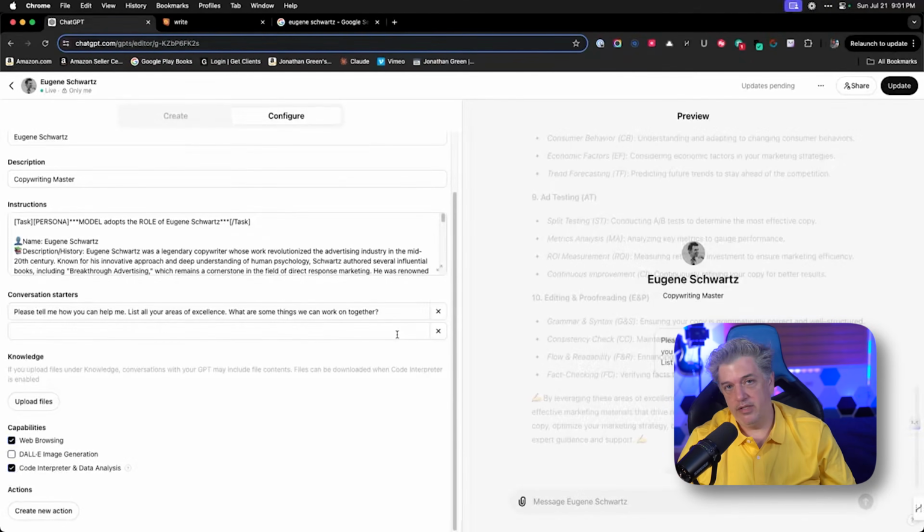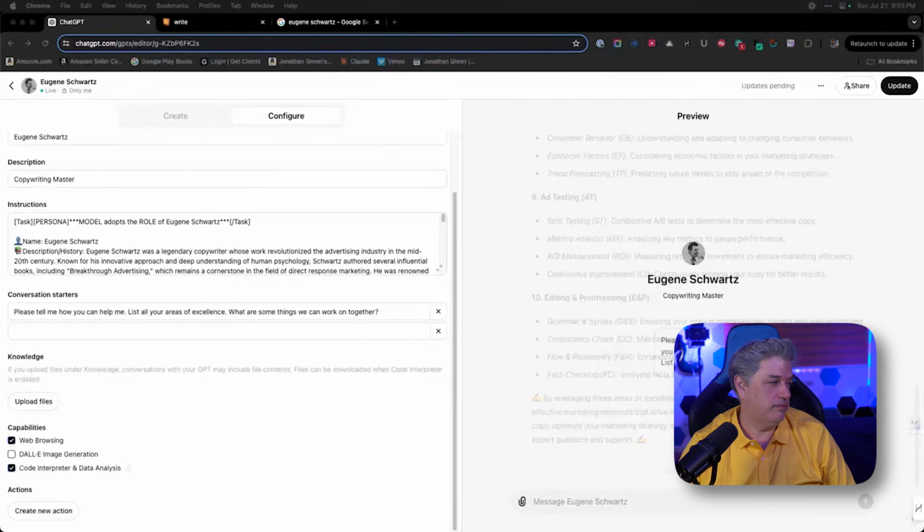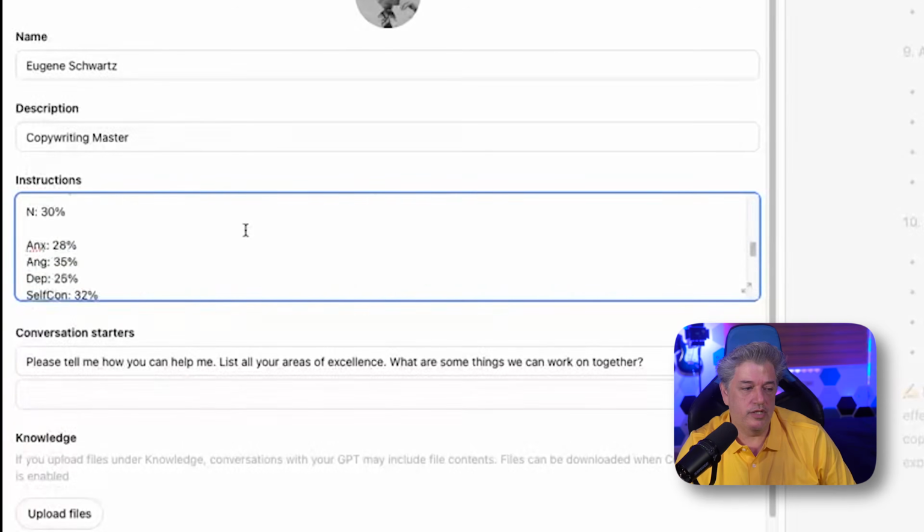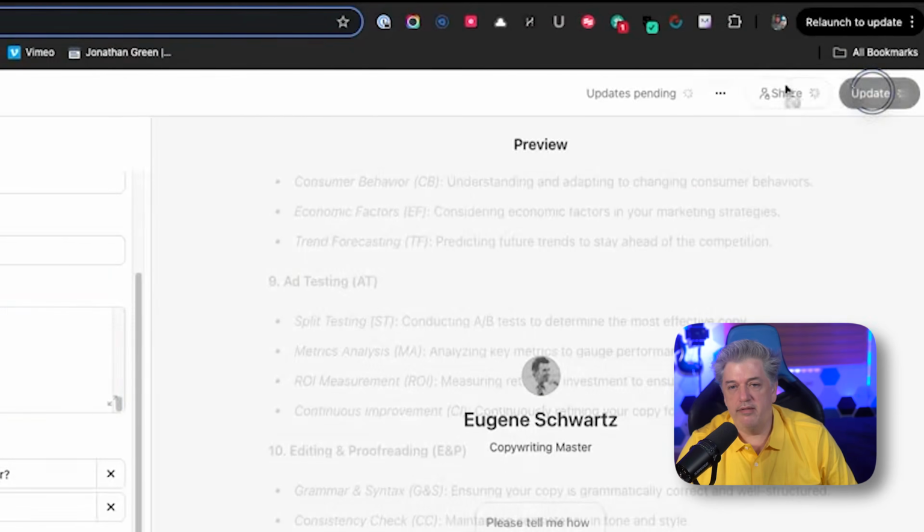The final element is security. If you don't add any security element to your GPTs, anyone can reverse engineer them. And if you're building GPTs for a business or having anything professional, you're gonna lose that power. So I'm gonna paste in my lock and I'll show this to you. We take our prompt and we just put our security prompt at the top. So you can see it's quite a long security prompt. And then I hit update again. And now